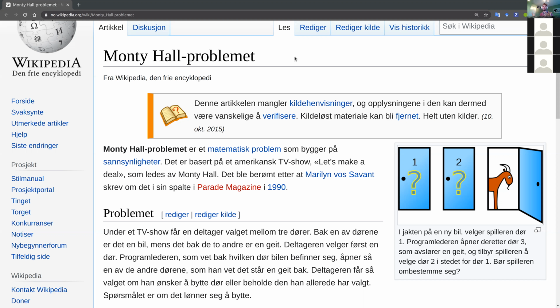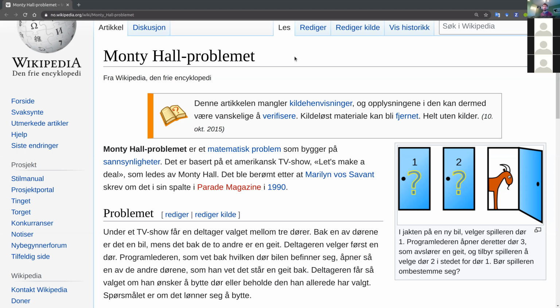It takes place in a TV show, and there's a moderator who moderates the entire show, and there are 3 doors, and the participant has the chance to win a car. The way the game works is that the participant chooses one door. Behind one of the 3 doors is the car that the participant can win. So the participant comes to the stage, picks one door,